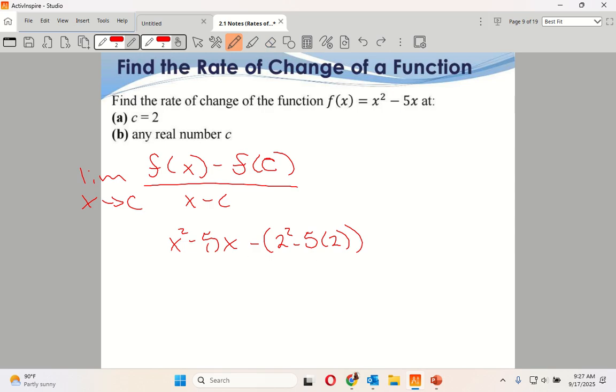All right, so there we go. All right, and now it's going to be x minus c, and my c is 2. All right, so 2 squared, 4, minus 10. What's 4 minus 10? Negative 6. And change sign. So on top I have